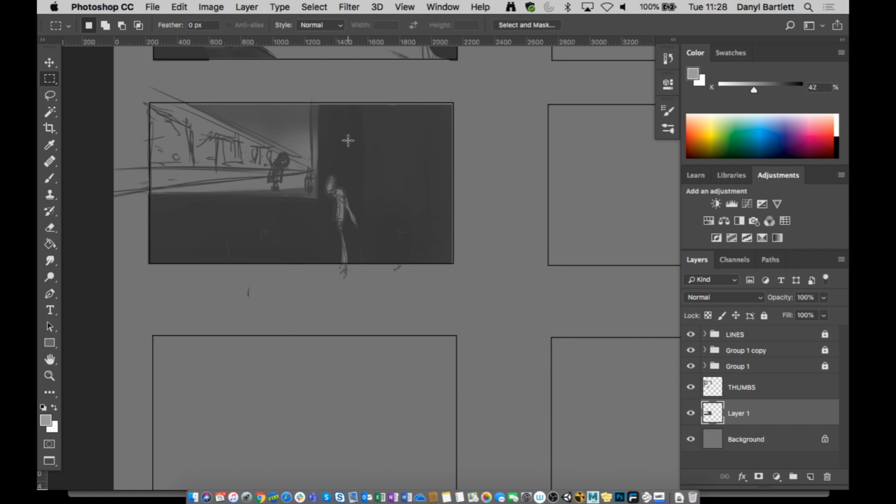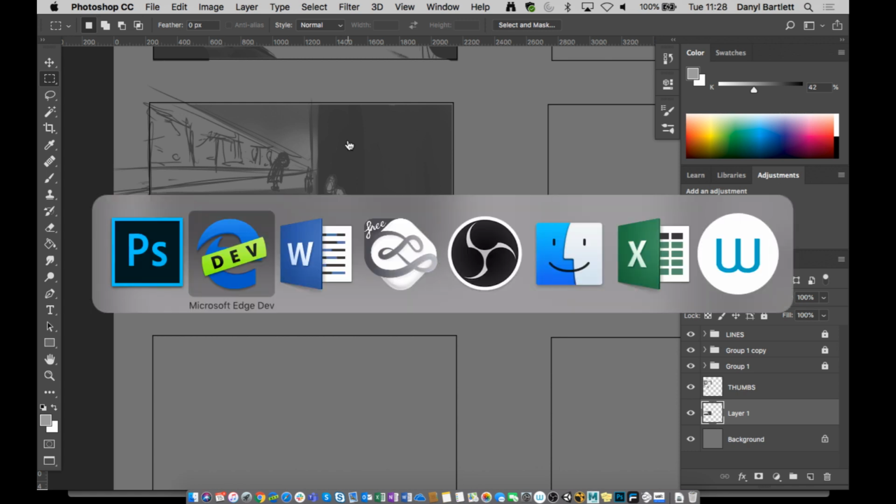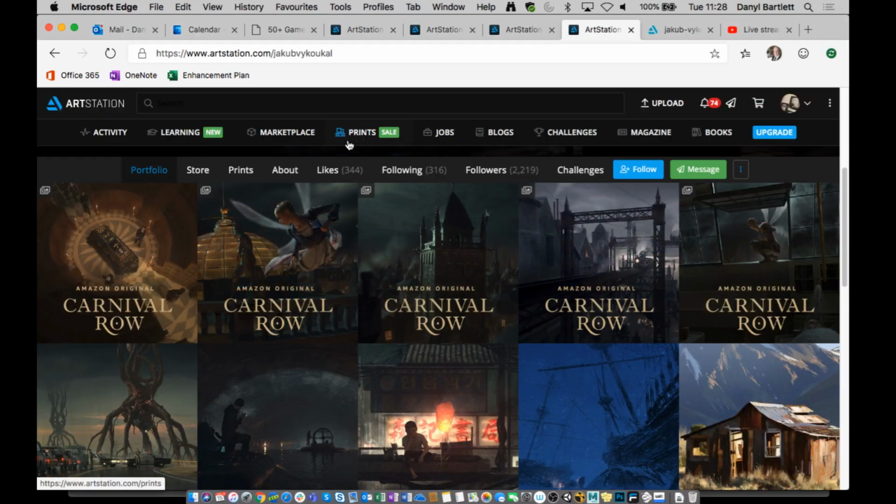Okay? And in terms of light, I just wanted to show you something quickly before we pack up, because we've got the other lot in here very soon. So I went and grabbed some VizDev art from a couple of programs. I grabbed one from Carnival Row, and the other one is from Love,